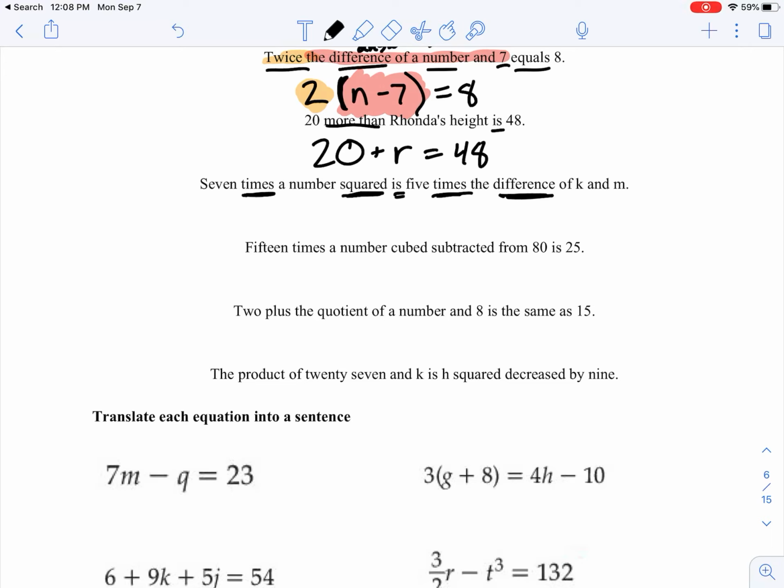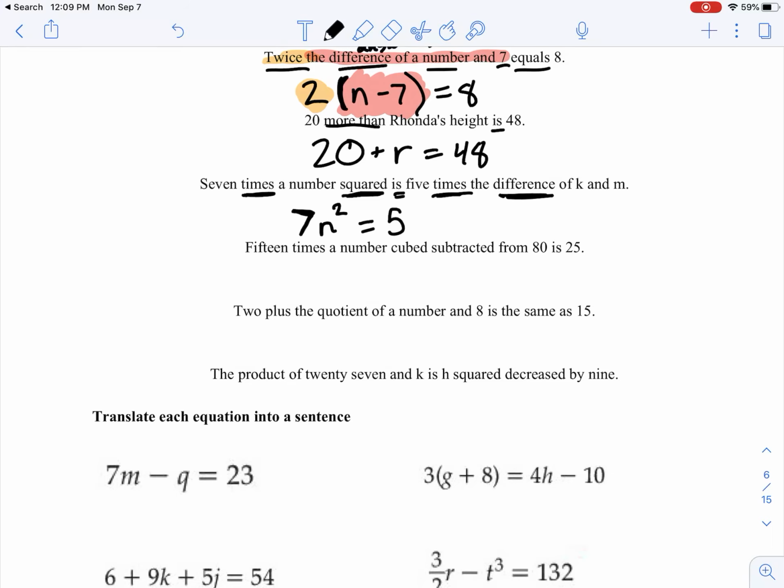Okay, let's start to write this out. 7 times a number squared. If I'm doing that, it's going to be 7 times. And now you could put parentheses, but I'm not going to because I know I'm going to put it right next to a number squared. Here's my number, and now it's squared. Now just looking at that, that's 7 times a number squared